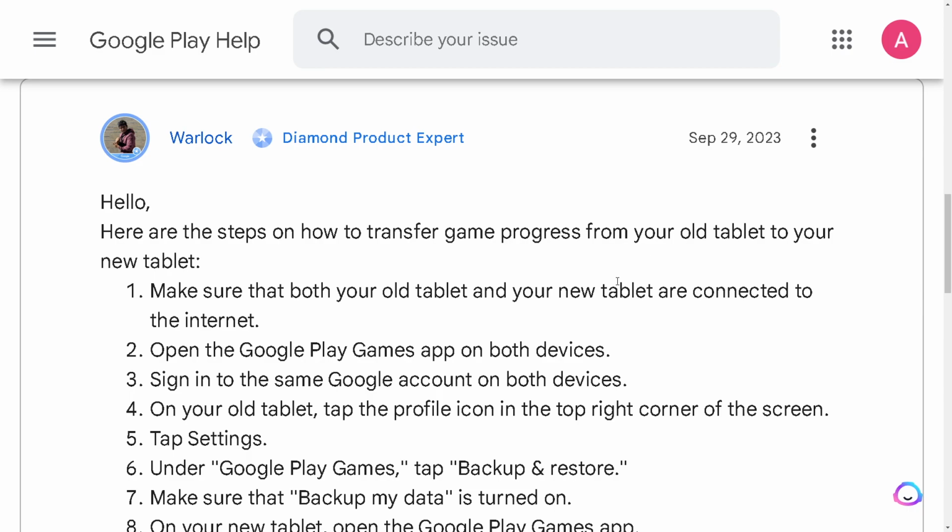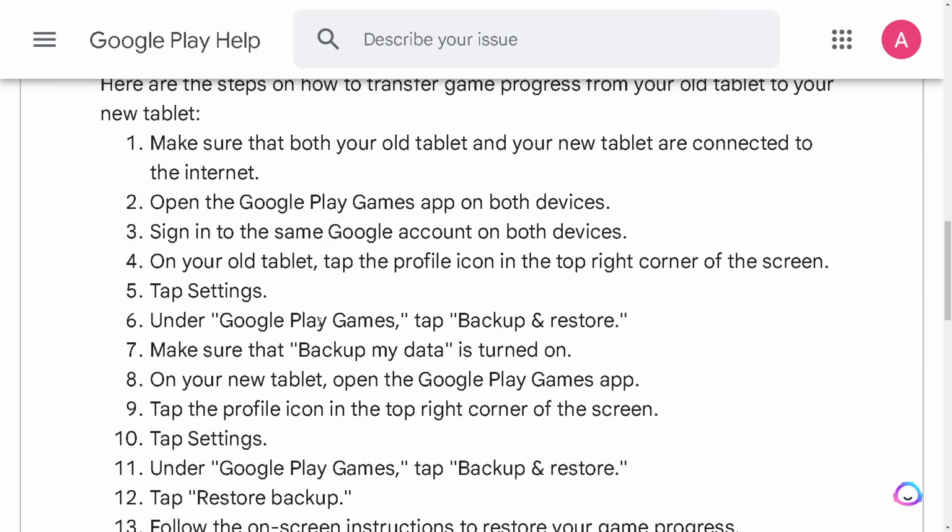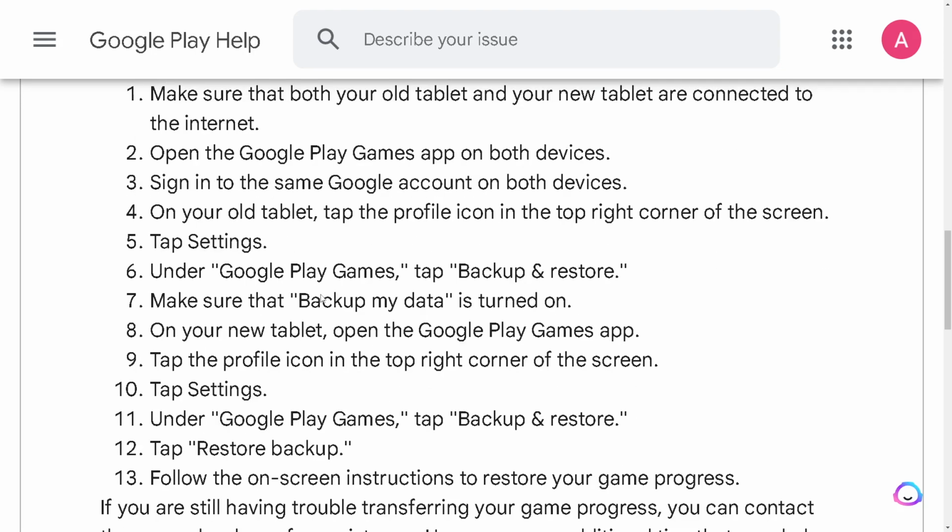So make sure that both your old tablet and your new tablet are connected to the internet. Open the Google Play Games app on both devices, and sign into the same Google account on both, all right? Now, on your old tablet, tap the profile icon in the top right corner of the screen, tap Settings, and under Google Play Games, tap Backup and Restore, and make sure that Backup My Data is